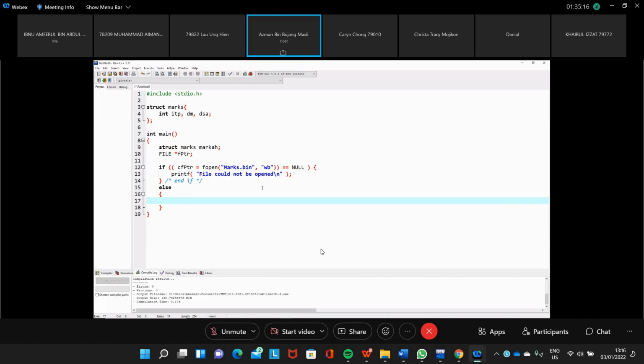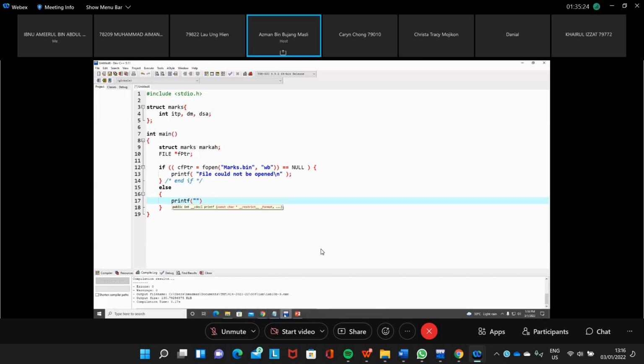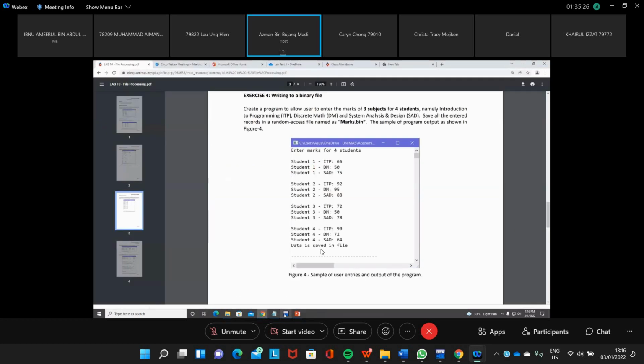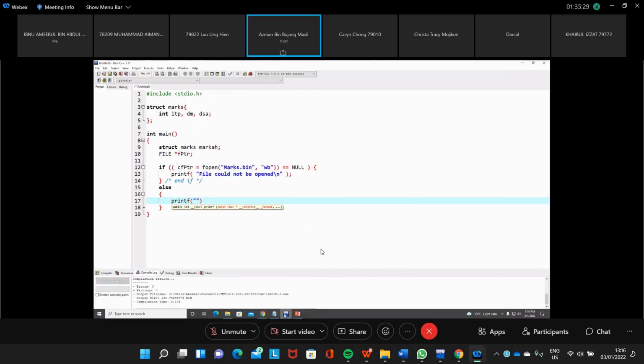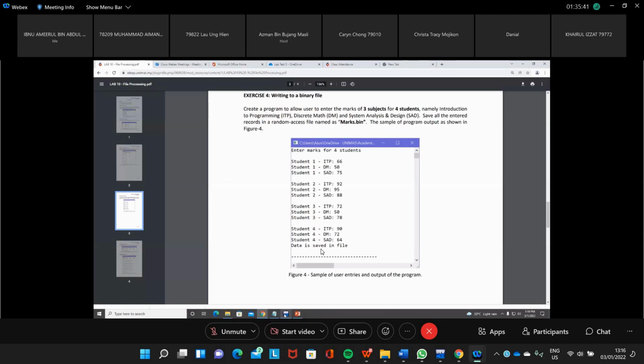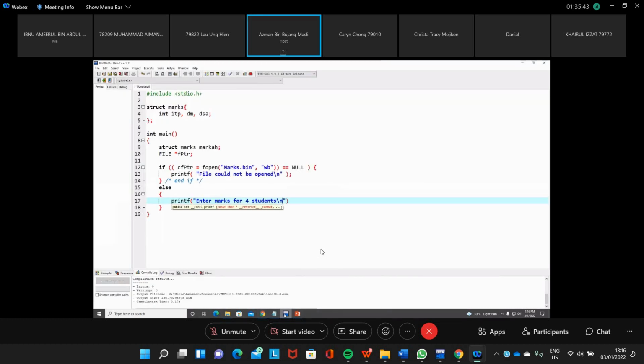So here we ask the user to enter the marks, printf. Enter marks for 4 students, and then student 1.